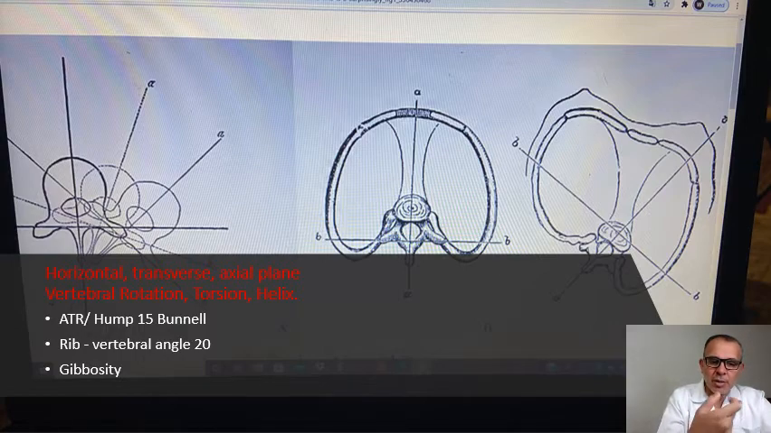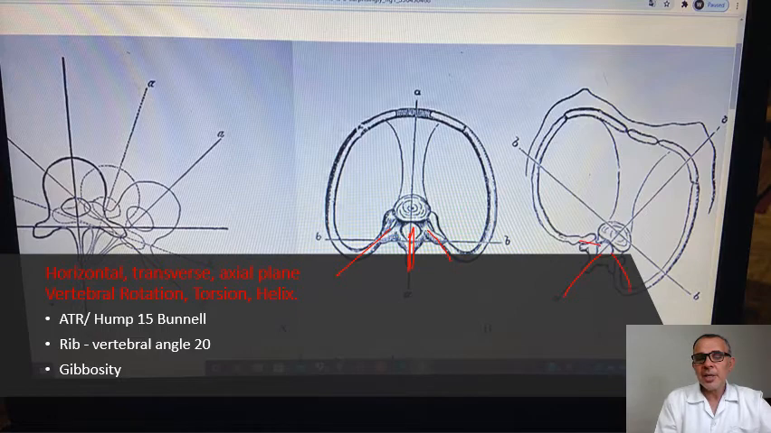So after the PA view, we have the horizontal transverse axial plane, which will determine our vertebral rotation or torsion. On this plane, we can do our rib vertebral angle measurement. It's actually the angle between the spinous process here and the two ribs on the same vertebra, here and here. When we measure more than 20 degrees, we have to check